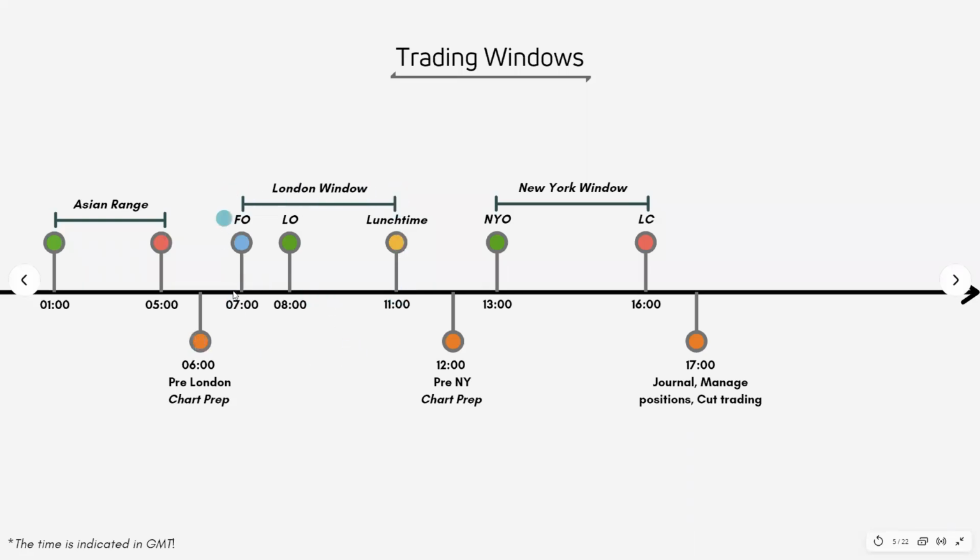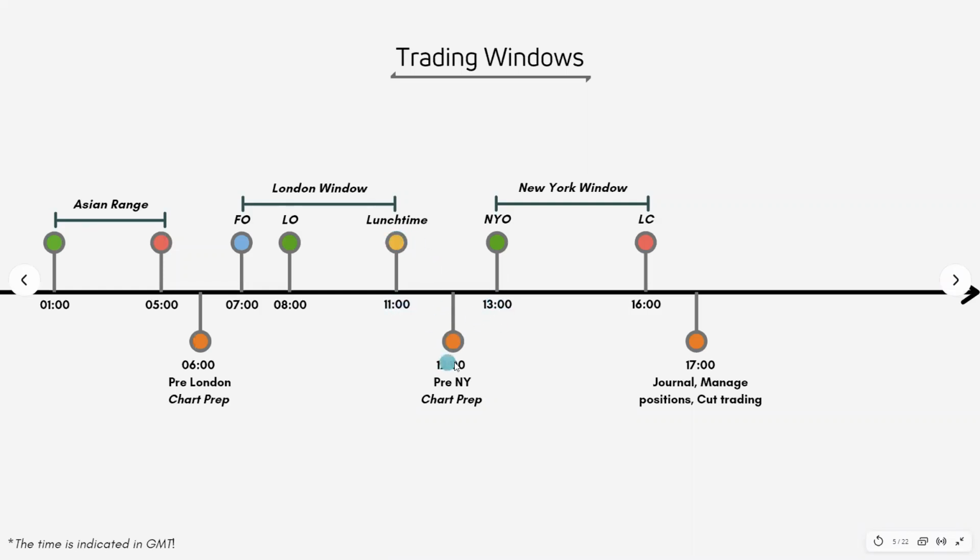This is the time that you want to trade during London. So you have first the Frankfurt Open, starting from 7 GMT. Then you have London Open, which is the best, that starts at 8 GMT. So this is your timing window to be looking for trades. GU, EU, all of those pairs are going to be reacting and trading during that time. And then I would really recommend that you stop looking for trades and being active in the market around lunchtime, which is 11 a.m. GMT, because it is said that the bankers or whoever the traders are go on lunch and the market slows down a little bit. And this is your transition into New York.